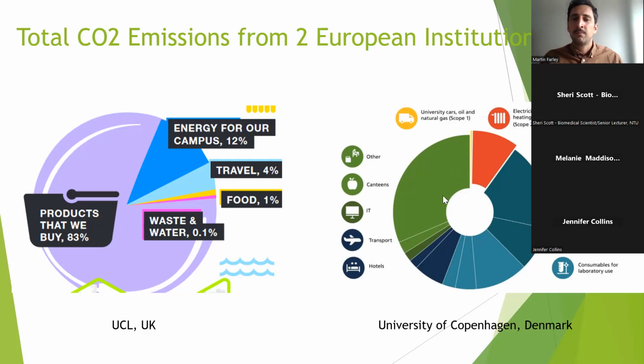So they've broken it up differently than us at UCL, but the takeaway is, look at all of the products. And another takeaway of this, I should say, is that waste is not very high on here as well. University of Copenhagen didn't really even list waste. Waste for us was 0.1%, which is not to say that recycling isn't important, but when it comes to the hierarchy of things that we could do that has an impact, recycling is important, but it's not as important as reducing the consumption. But that's really tough in some environments.